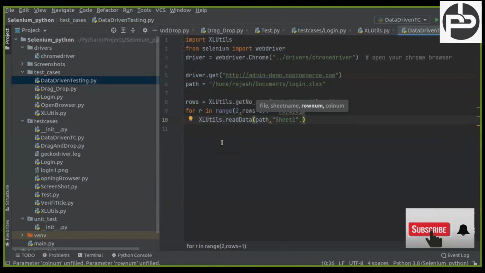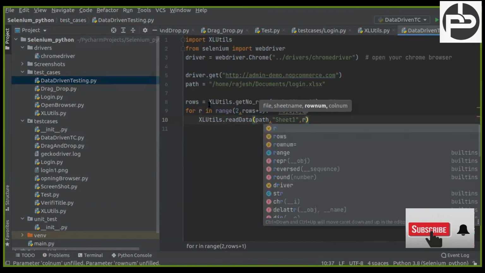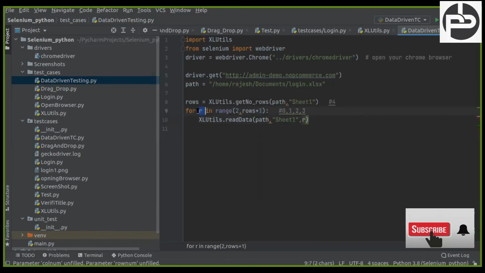Why r? r itself denotes the number, so I'm passing r. Then the cell number, meaning which column you want to read: the first column. It will return the username, and I am storing it inside username.